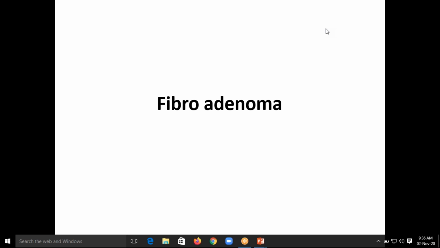What I am discussing is about a benign lesion of the uterus. Basically, the uterus is one of the most common sites for the leiomyoma. Leiomyoma is a benign tumor, which is also called as a